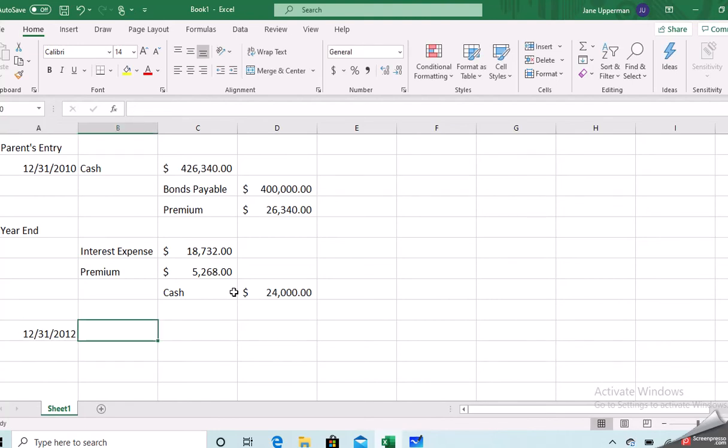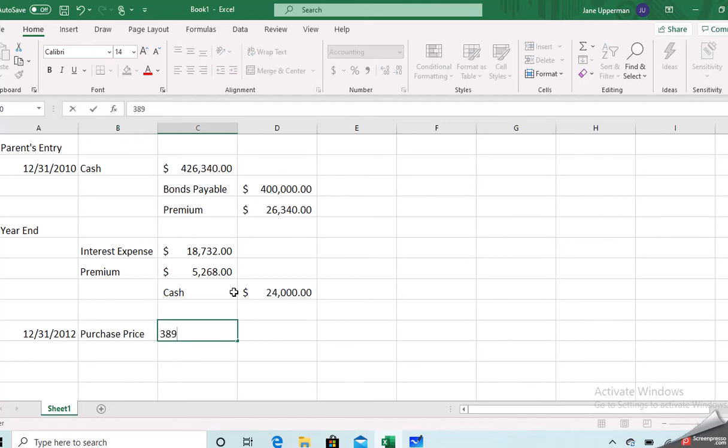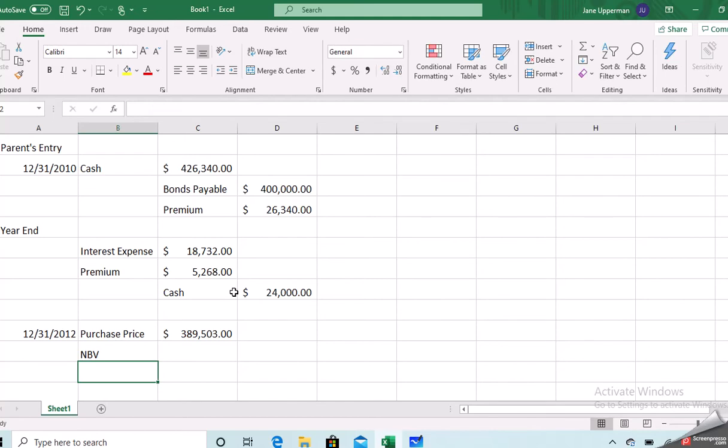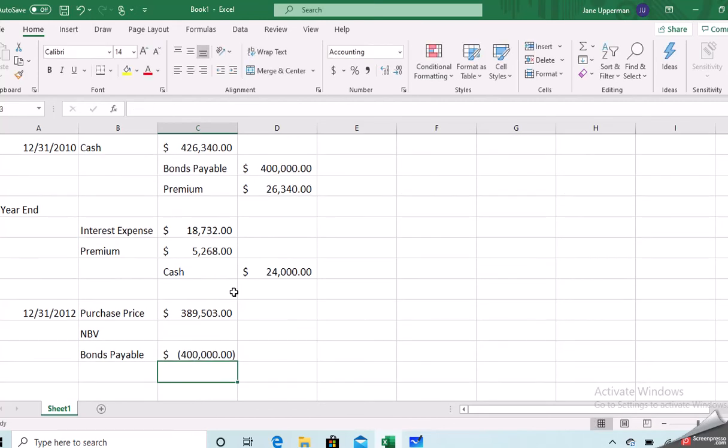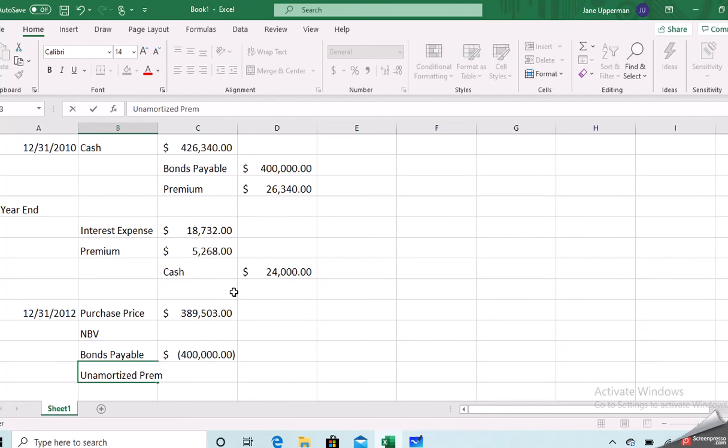Okay, then we're going to come down and say on December 31st, 2012, kind of map out what happened. So the purchase price that the sub paid was $389,503. If we compare that to our net book value of the bonds, so we would have bonds payable at $400,000, and then we'd have our unamortized premium. So our unamortized premium, well, we'll add that in. It's going to be the 26,340